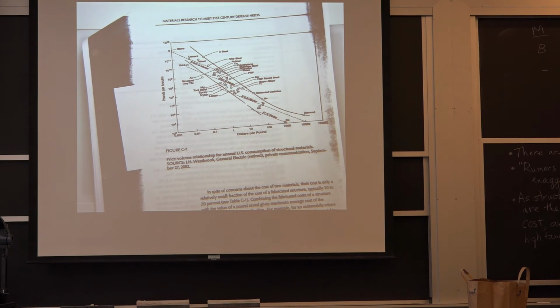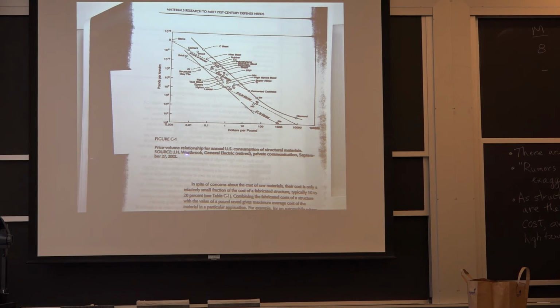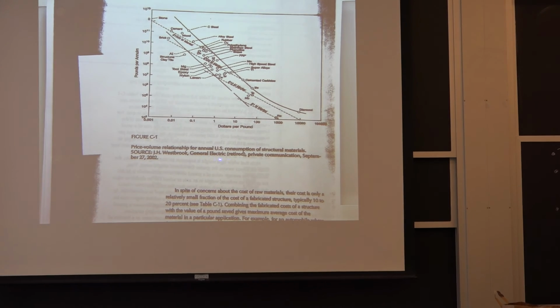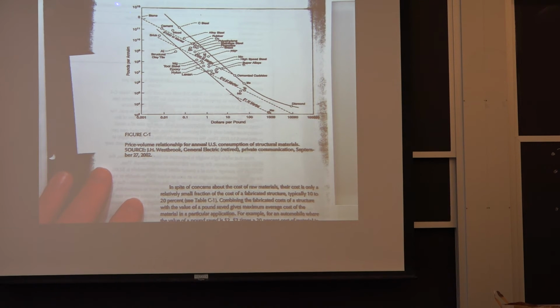But here's a plot from Jack Westbrook. Jack Westbrook is a graduate of this department. He put this together. He's retired. At that time, he was retired from General Electric. I gave a reference because they wanted it. I guess I had emailed Jack. And he was already retired then, but he put this together in 1962. So these are 1962 dollars. It was an internal memo at General Electric. And it shows structural materials, dollars per pound versus pounds per year that were used.